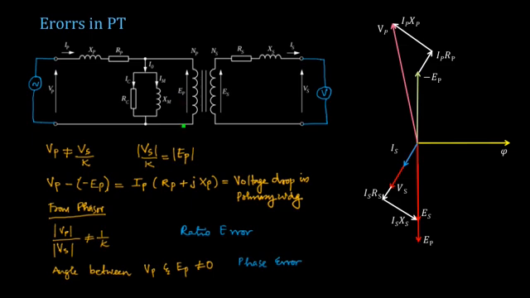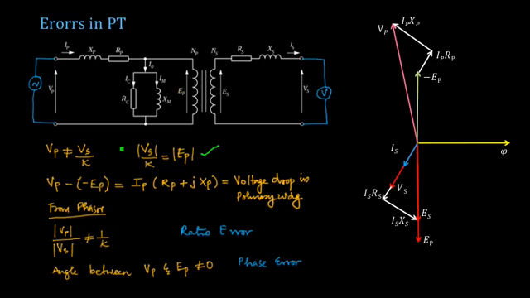Vs by K is equal to Ep. That is the issue here, because when you shift this Vs towards this side with the multiplication factor, you will get Ep only. You reach here only. Then you have some drop here. You have to include this drop also. Then you will be reaching this Vp. So you cannot directly multiply Vs with the transformation ratio to get Vp. You have to include this error also, error due to the winding resistances. Now Vs by K is equal to Ep here.